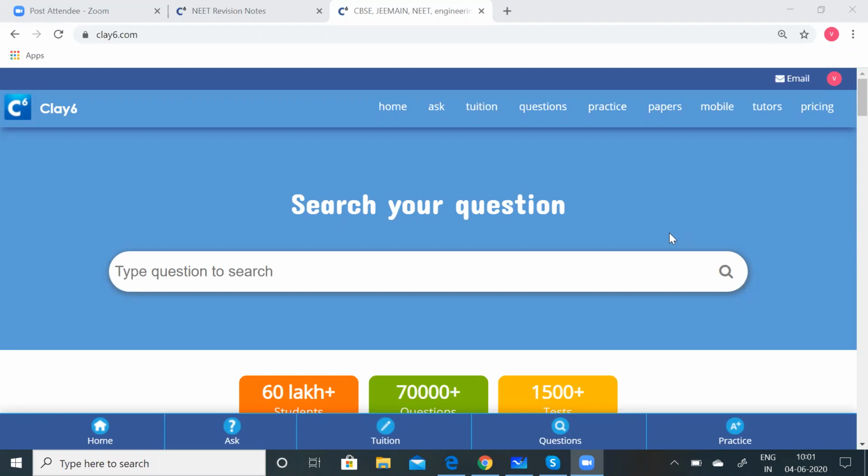So let us quickly go through the important concepts and formulas you have to learn in this particular chapter. This chapter has 1.5 or 2% weightage, so you can expect one or two questions from it. Most of them will be theoretical questions, with very few calculations or numericals. So it is more of theoretical questions.